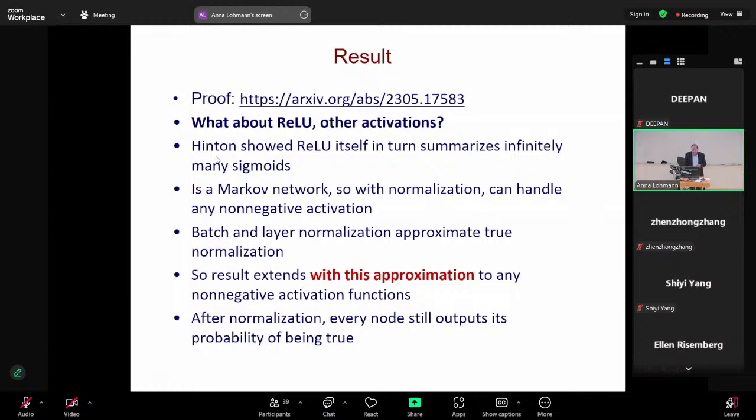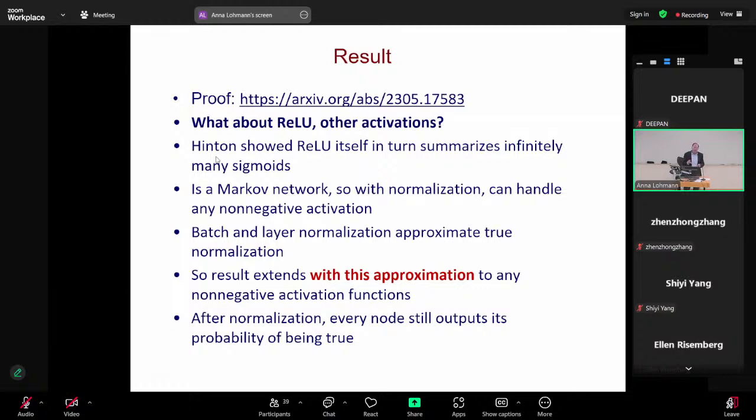Geoff Hinton had a great paper years ago arguing that ReLU itself can be seen as a sum of infinitely many sigmoids, and so this generalizes quite naturally based on that to ReLUs. But more generally, if you have any other activation, I can't help you if it can go negative. But as long as it's non-negative, because this is a Markov net and it relies on normalization, there's no problem